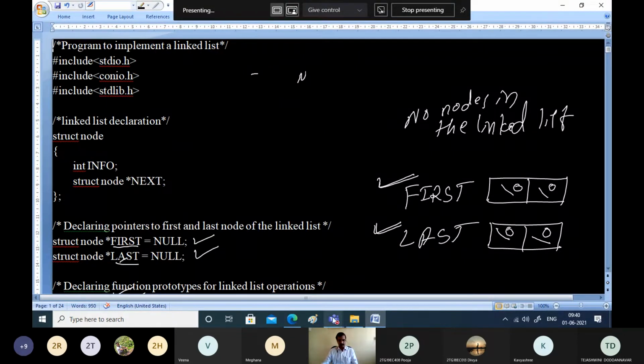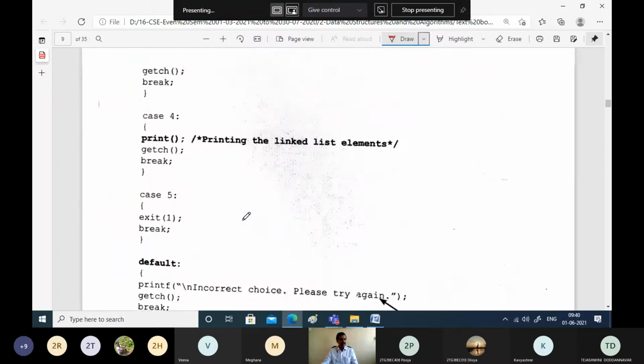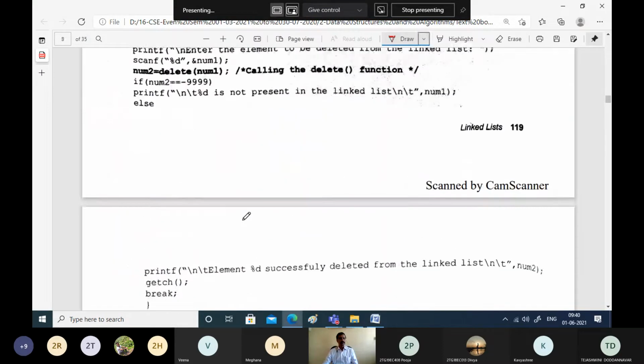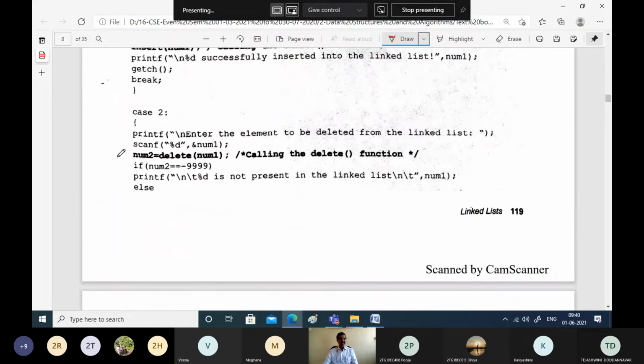Now let us see the second option, that is delete. For example, the user gives choice 2 and they want to delete an element from the linked list, and that element will be stored in a variable called number1, and that is being passed to the delete function. We are calling the definition of the delete.